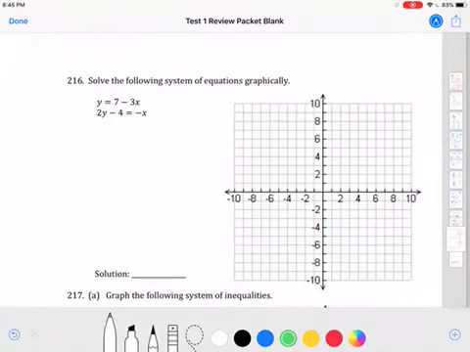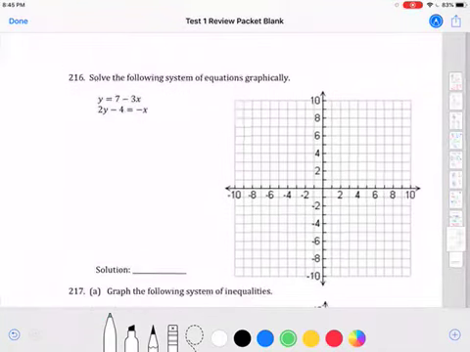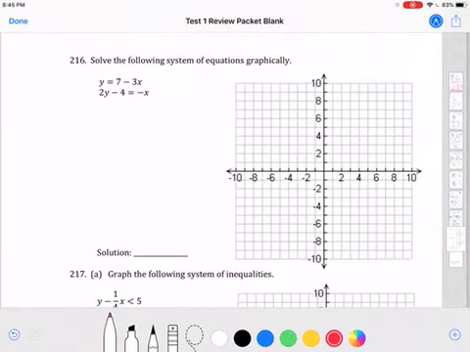All right, moving on. Number 216. Getting back to some graphing. I know how much we love graphing. Okay, solve the following system of equations graphically. When it tells you to solve it graphically on the test, that means you have to use the grid. You can't use any of the algebraic methods that we went over during class unless it says to solve it algebraically. This one says to solve it graphically, which means I have to graph each of these equations on the